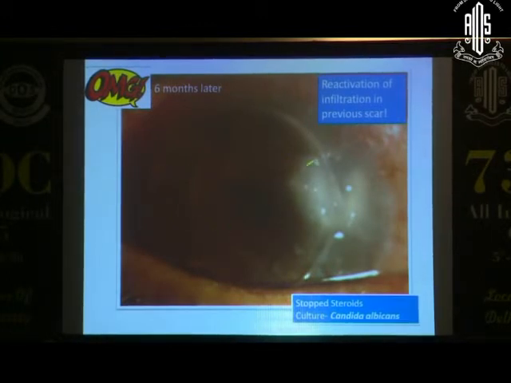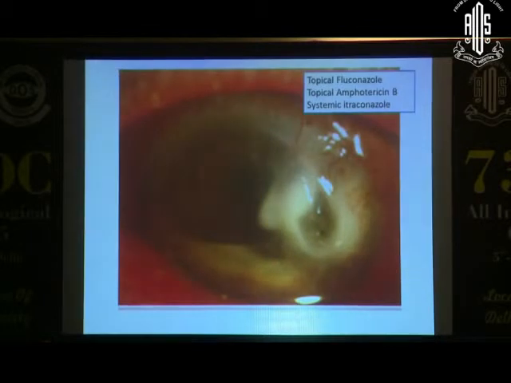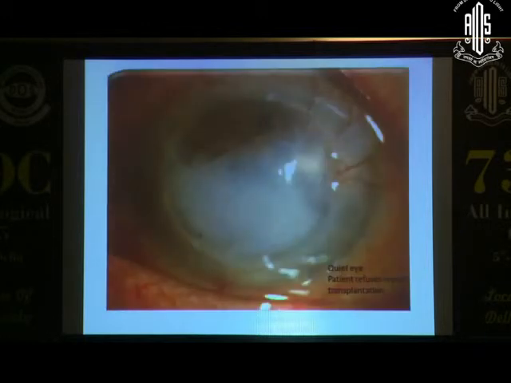The patient again had an infiltration in the same area, presented similarly with an ICK situation, no epithelial defect, the crystalline lesions. This time we knew, okay, we need to stop the steroids. We stopped the steroids. He started flaring up like this. Again, he grew Candida. And we put him on antifungals. Eventually, he healed, but this time, of course, the cornea didn't clear further. It became a quiet eye. After this ordeal, he still is in my follow-up, but doesn't want another surgery.